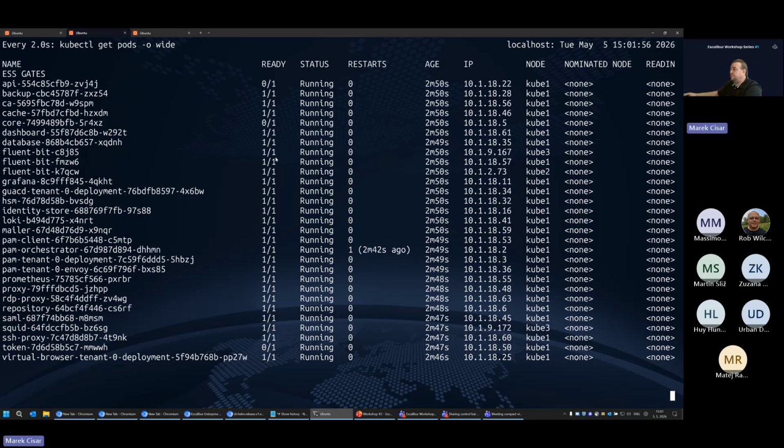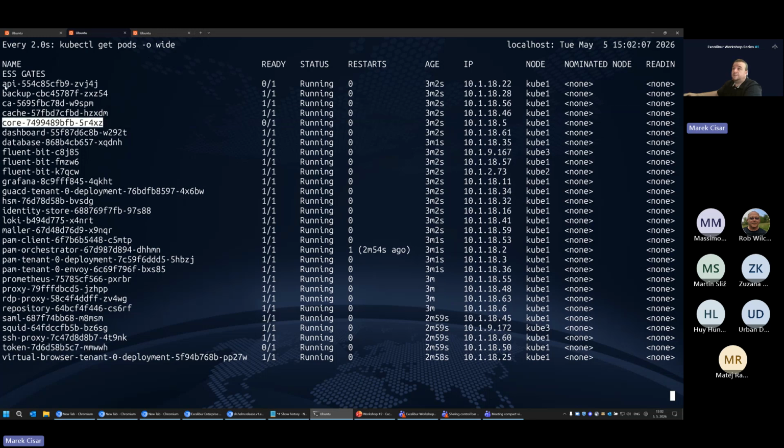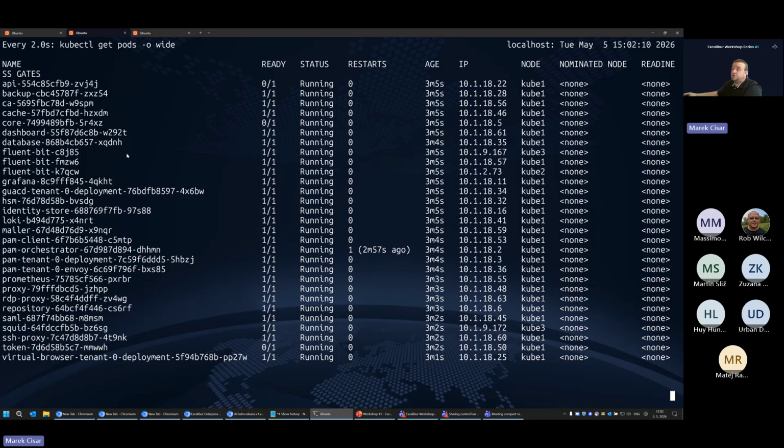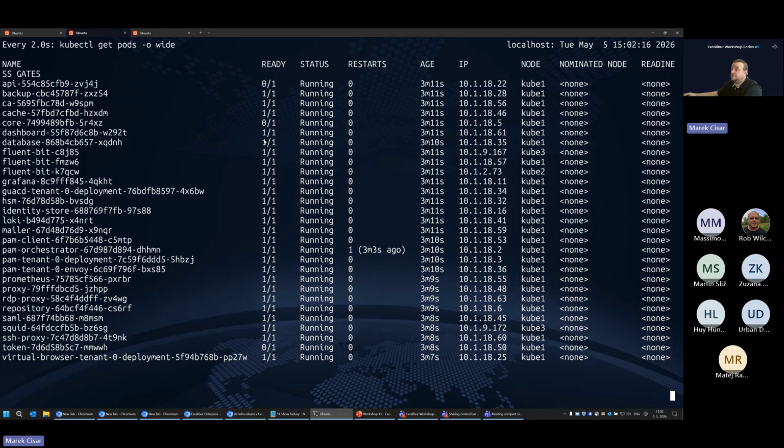Okay, so the rest of the components is already running. So now we are just waiting for the token, for the core, and for the API. API is probably the last one which will switch to ready status if the rest is running and ready to serve user requests.